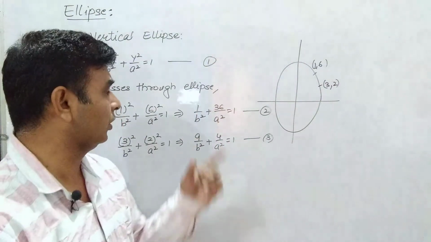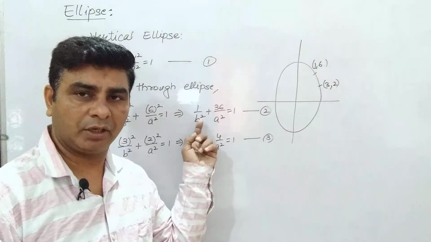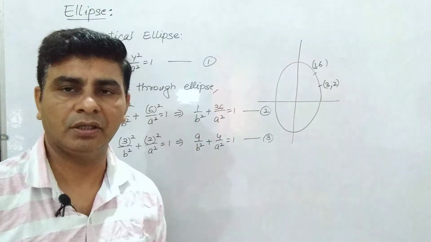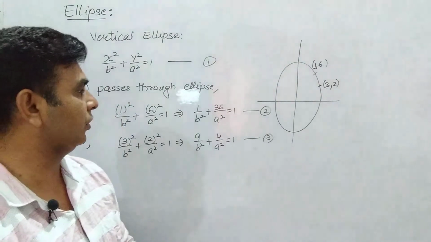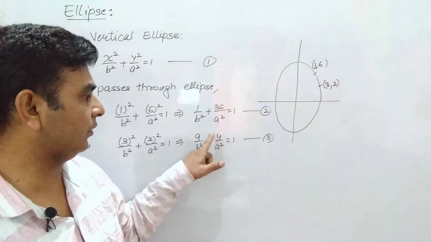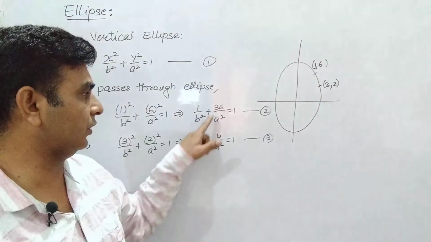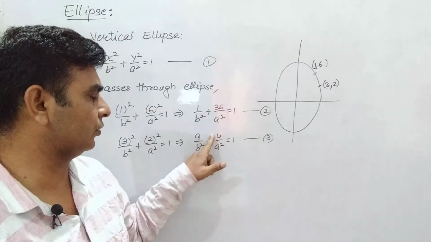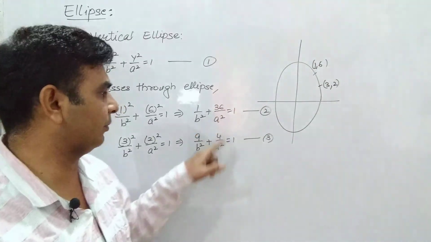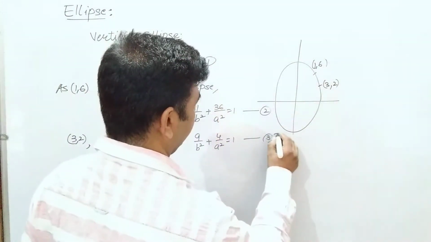क्या कर सकते हैं हम लोग, coefficient of 1 upon b square और 1 upon a square दोनों में से किसी भी एक के coefficients को ज़रा equal कर लेते हैं. How can we do? Let me multiply the equation number 3 by 9, because this is 36, this is 4. So if we multiply 4 by 9, it becomes 36. So let me multiply the equation number 3 by 9.